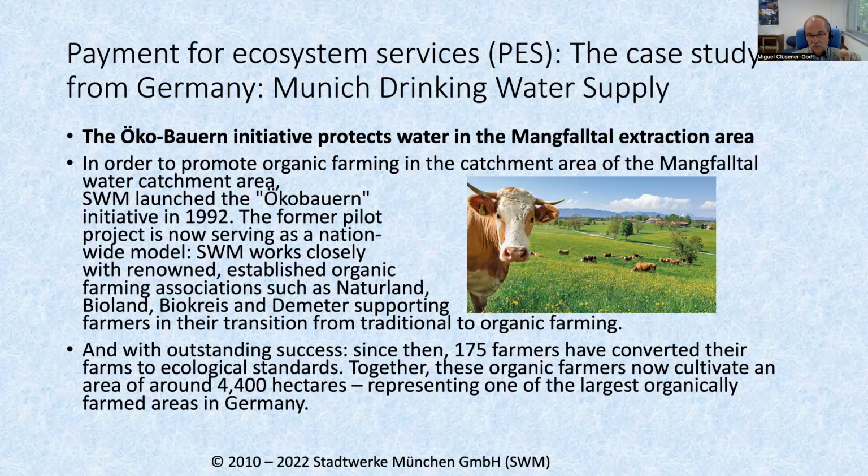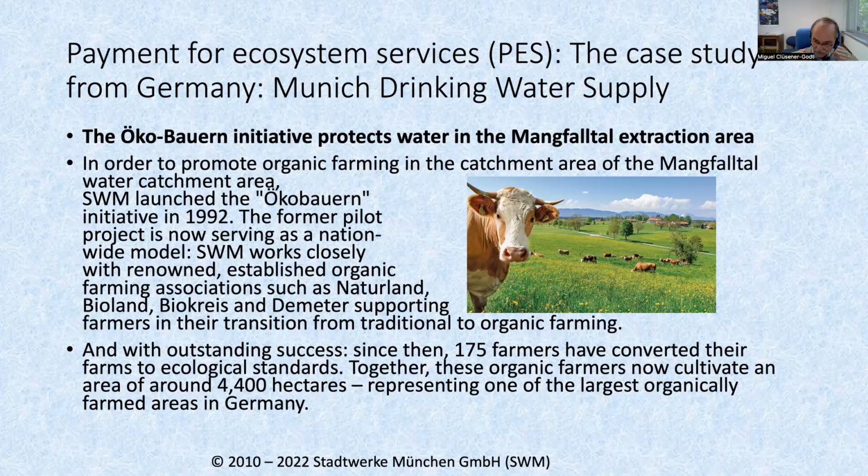So you will do agriculture, you will do housing, you will be living there. You have plants, you have forests. This protects the quality of our water. Fine, thank you. But what will you get back from us? We will pay you to make projects that have labels like Bioland, Biokreis, Demeter. These are very strict labels for organic farming, that no pesticides are going into this water, no excessive fertilizers, and so on. That the water quality that we take then later from the water is good.